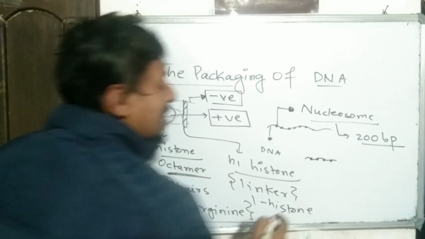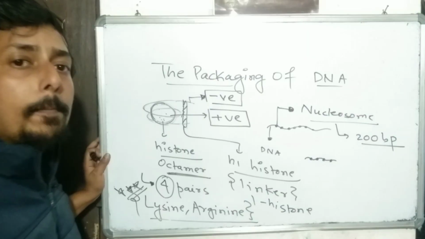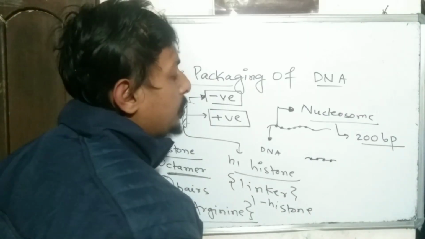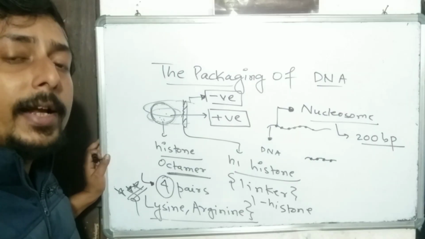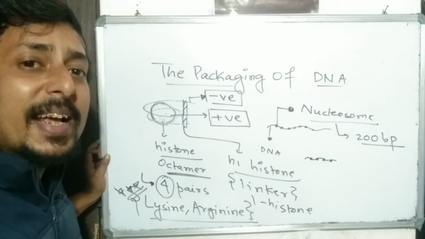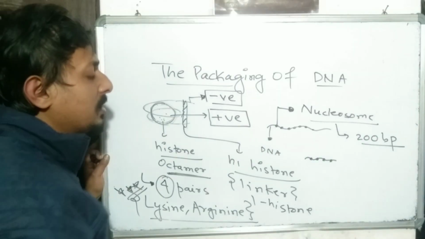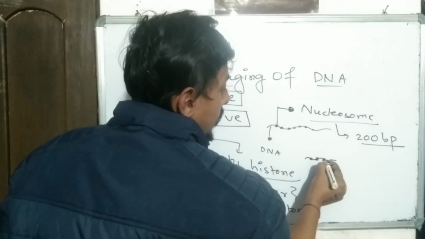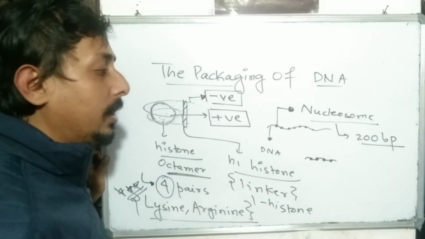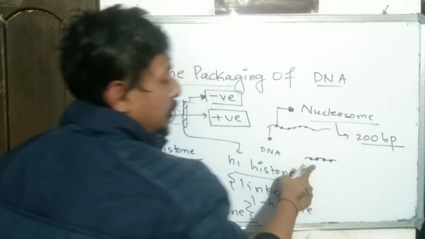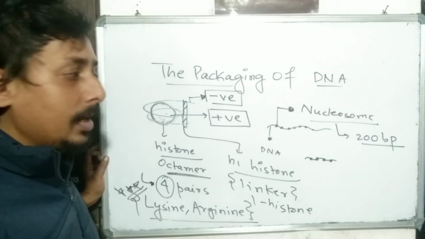Now when the cell is in S phase, the DNA duplicates, the DNA becomes double, and when the DNA becomes double, the need for packaging of DNA becomes eminent. We need to package the DNA because the DNA has doubled. We cannot contain the DNA in the cell. So what it does, nucleosomes start forming. So the question appears, at which stage of the cell cycle do we see the beads on string structure of the chromatin? We have to say in S phase.